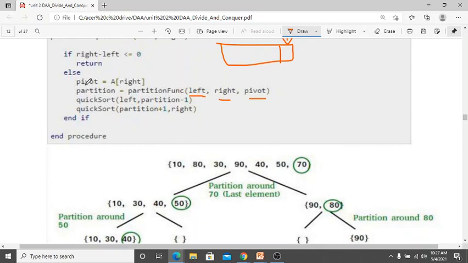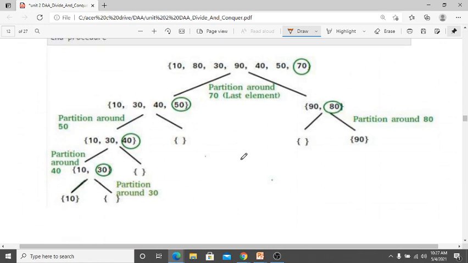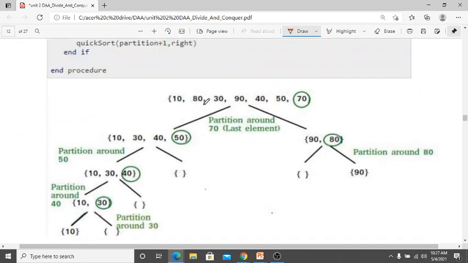Whatever pivot we are selecting, everything on the left-hand side should be less than that pivot. Let's see the example here, then you can easily understand this. Here 10, 80, 30, 90, 40, 50 and 70 are the array elements, 7 elements.